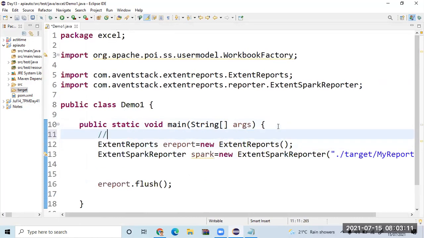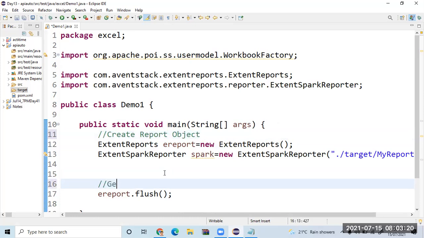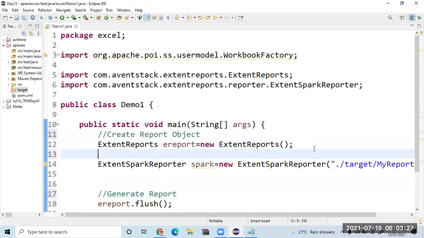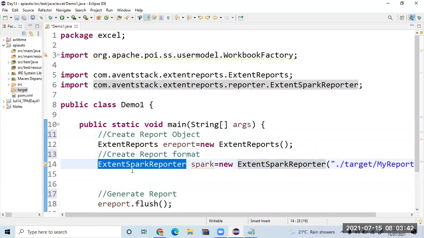So the first step would be to create the report object. The last step would be to generate the report. Basically, we use a word called publish. Here, you just get the reporting format. Create the report format. And remember, for the free version, community edition, only one format is supported, which is ExtentSparkReporter.